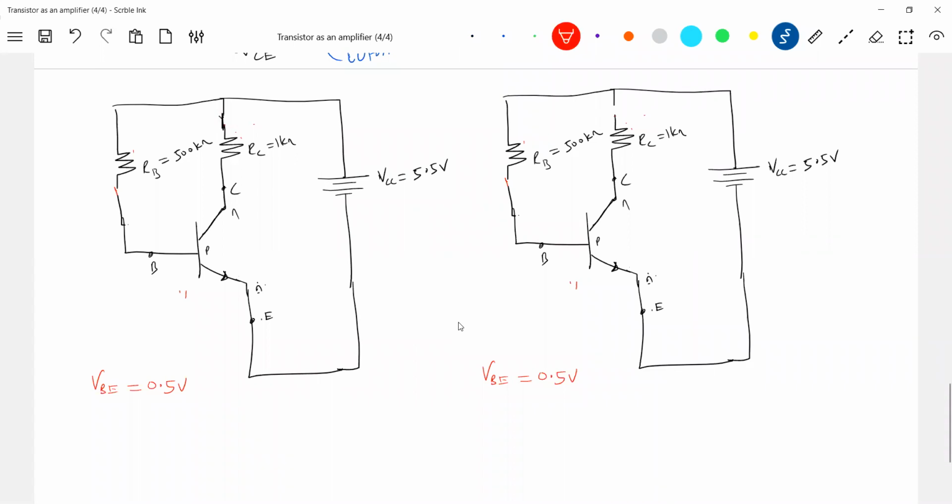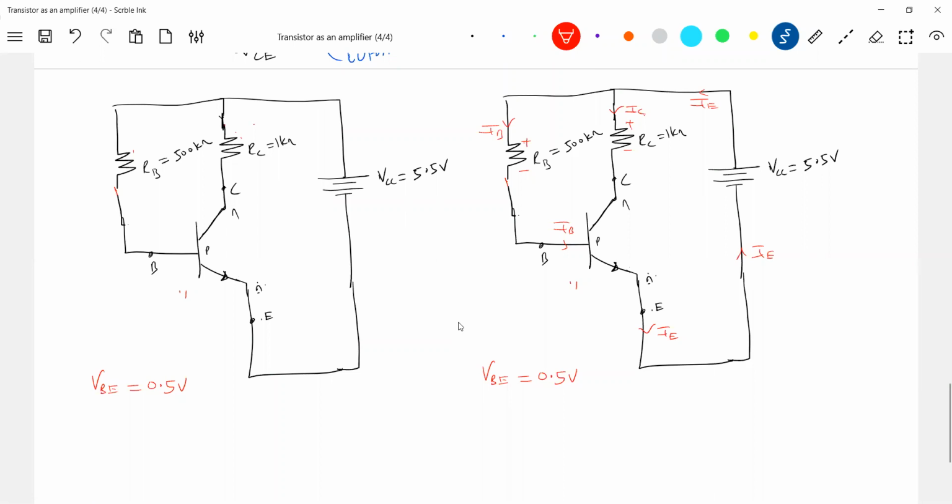I have to show it here, no? Plus minus. This is IB. Don't write IB here, it will become IE, no? IC plus IB will become IE. But sir, here what are you going to write? IE only. So don't get confused. Only it should be IC. No, here what is the current? IE. If you're getting confused, write I1, I2, I3.